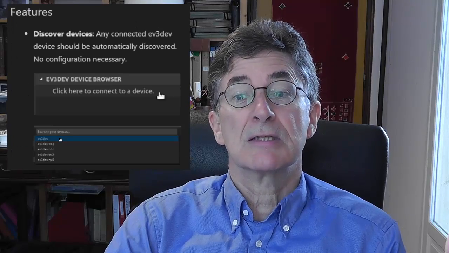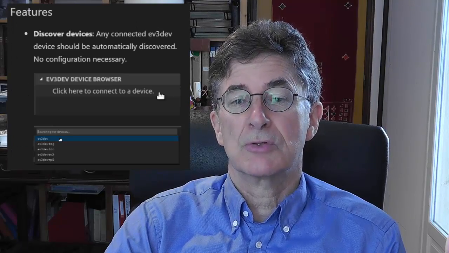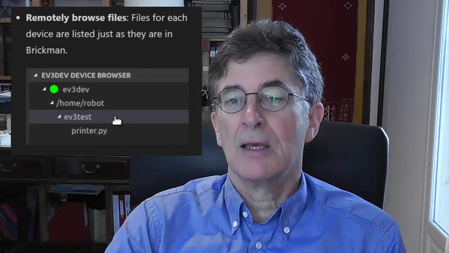This video explains how to set up your LEGO EV3 robot and your computer so that you can begin using Microsoft Visual Studio Code, or VS Code, to write Python scripts to control the EV3. The key is to use the EV3 extension, which recently became available for VS Code. Using the extension, VS Code can download your script to the EV3 and run it there with the touch of